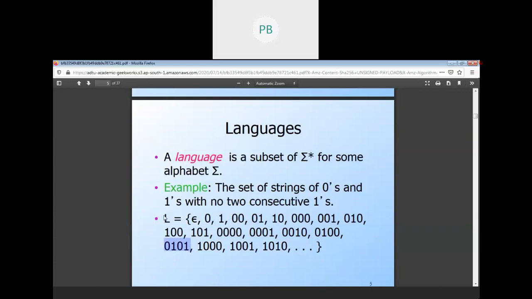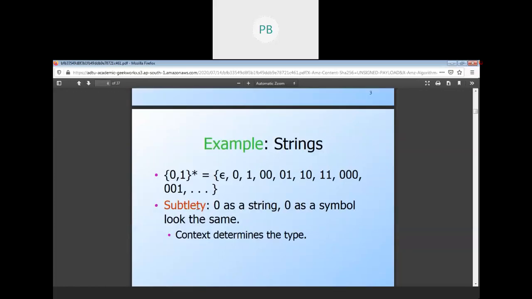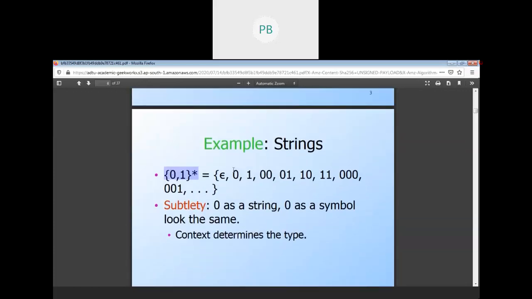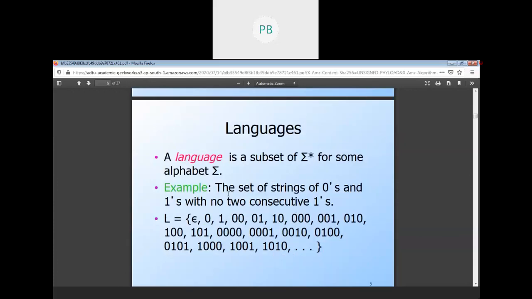That means this is a language we have defined from a superset, because here all the combinations are available. Out of this we are creating a language to express something, to communicate with a specific operation, with the particular condition that no two consecutive ones are there.